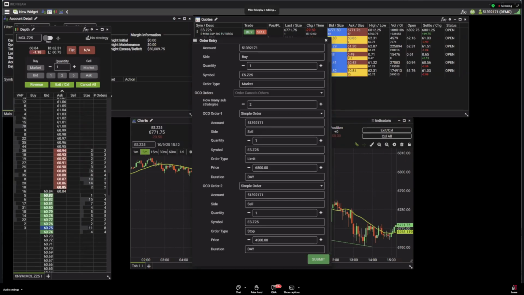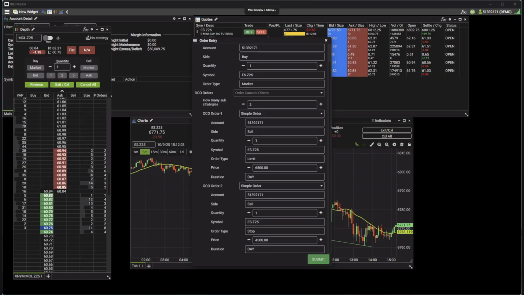Someone's asking how to add an OCO stop loss and take profit to an existing position on the dome. It isn't really built for that, but it's much easier to add your stop and limit while you're initiating the position. A lot of the time I get that question. What I recommend is, let's say you're generally only trading for a few ticks or a few points, and you always want a stop and limit in, but you don't want to be stuck to